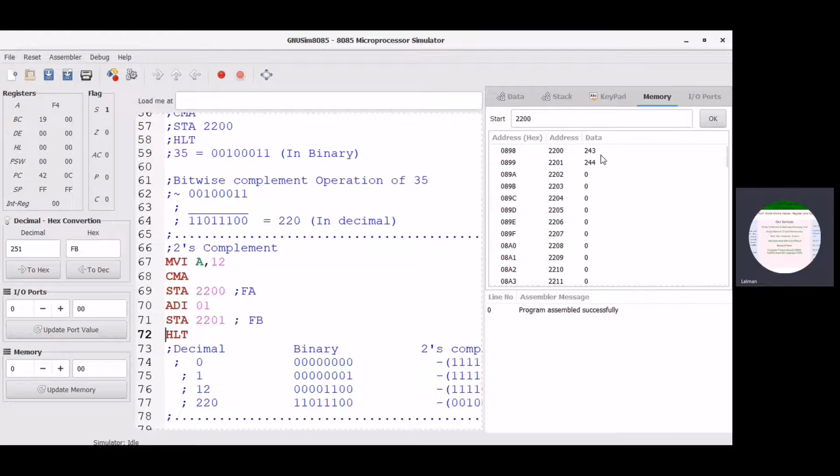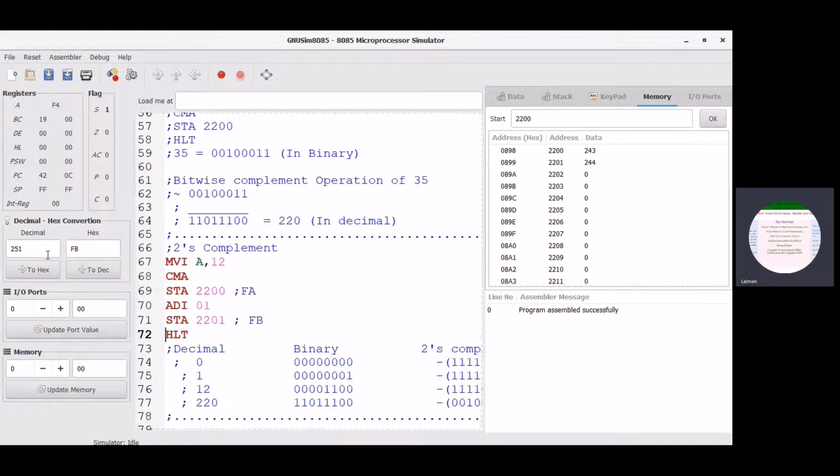This is the ones complement of 12. And at the memory address 2201 we get the result 244. So what will be the decimal value and hexadecimal value of this?